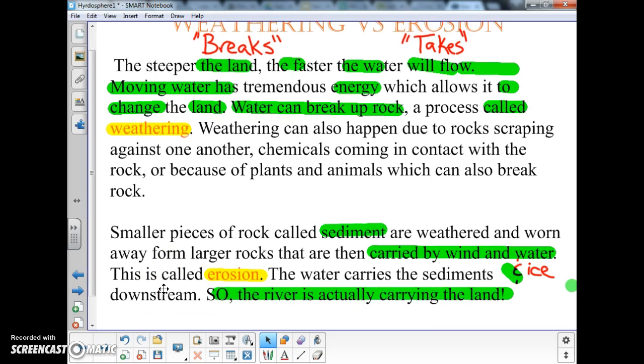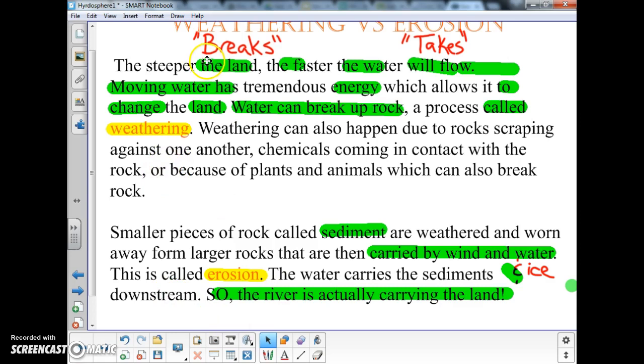So add this into your notes, then pause the video, and then answer the question on the worksheet, the difference between weathering and erosion. And make sure that you really take your time and do a nice job writing good, complete sentences that really explain it,